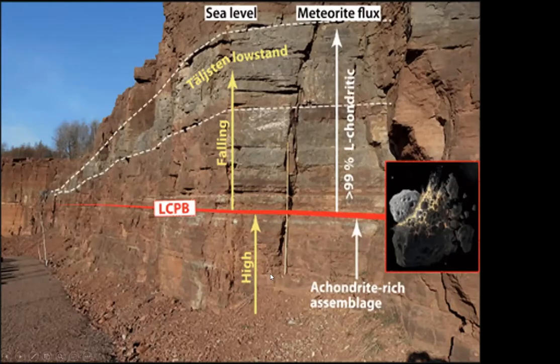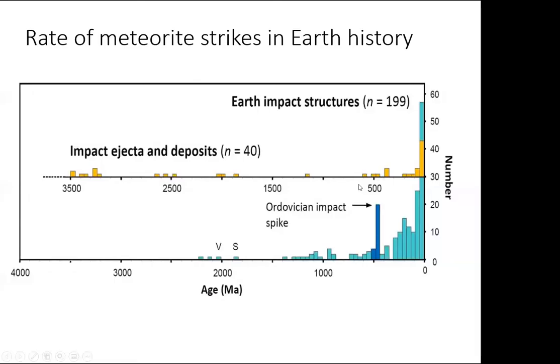And this was all caused, as I said, 460 million years ago by some event in the asteroid belt. If we look at the amount of infalling material, we reckon to get about 40,000 tons a year at the moment of infalling space dust coming into the atmosphere as tiny little particles, up through meteorites and fireballs, bringing larger amounts in. But if we plot the number of impacts that we know about over time, we get this graph.